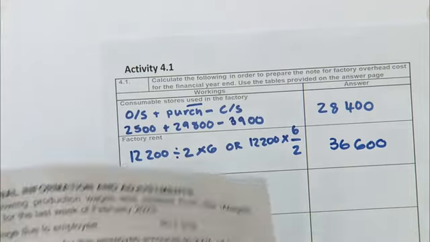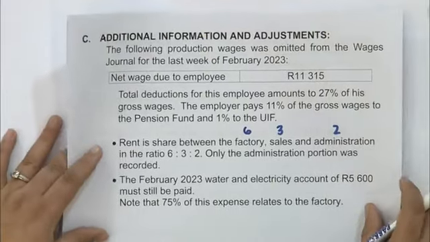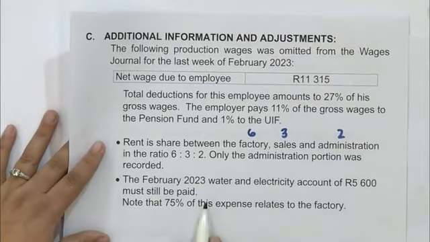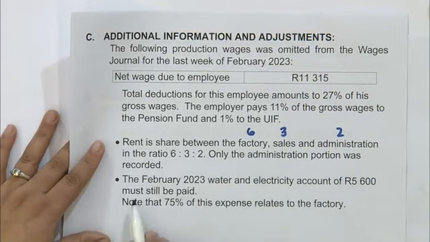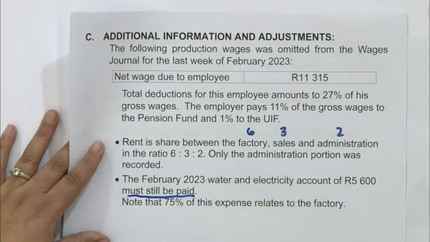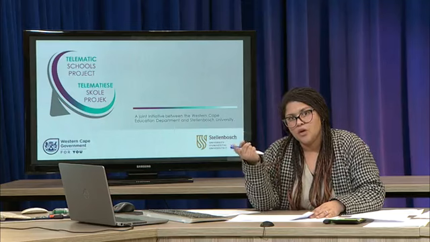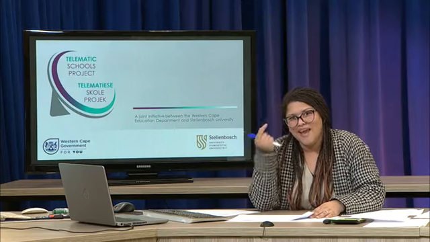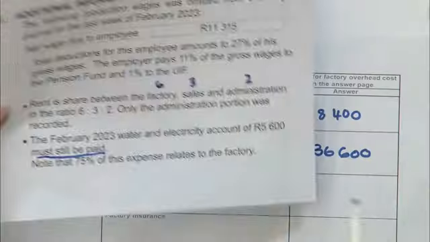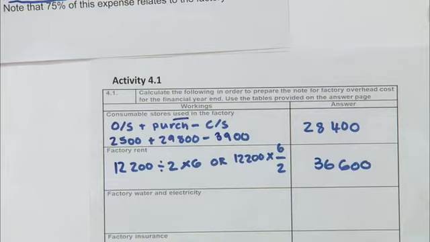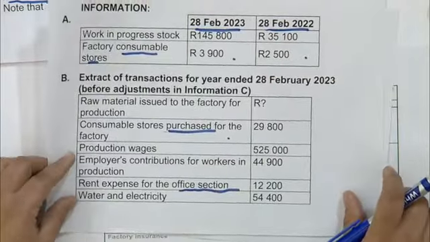Right. Let's go to the water and electricity. Now, in the water and electricity, they give us some information in information C. We see that the February 2023 water and electricity account of 5,600 must still be paid. Now, we know when it comes to adjustments and something must be paid, what must we do? We need to add it. So it's like the normal accrued expense, right? So let's get into it. Now, what is the balance for water and electricity? So according to our information, it is